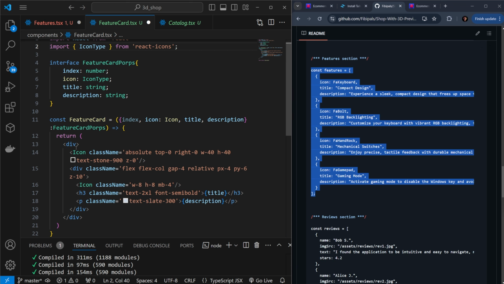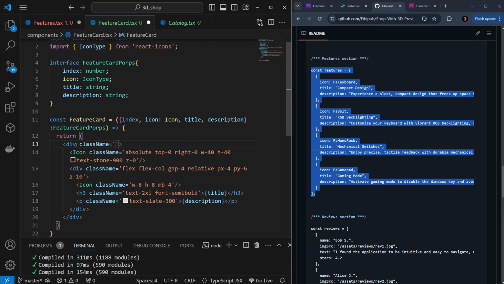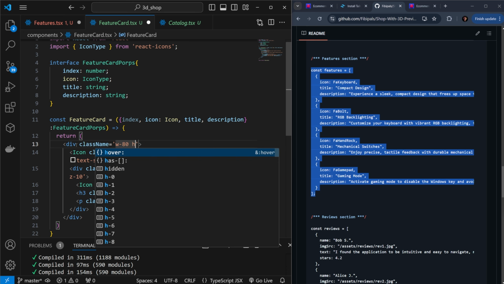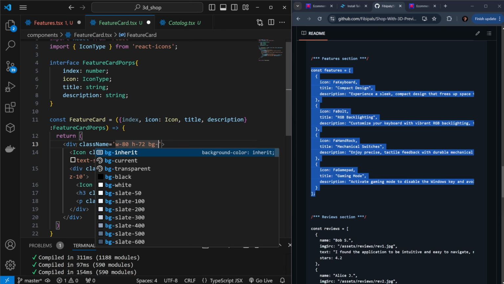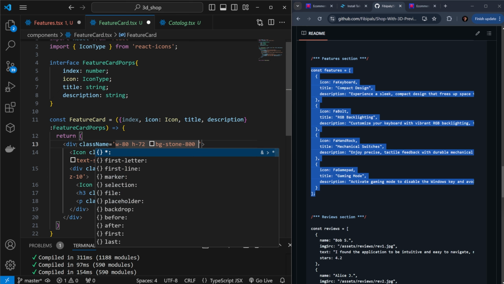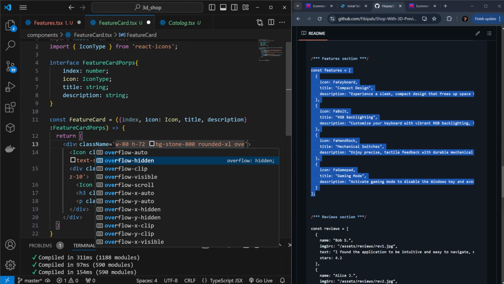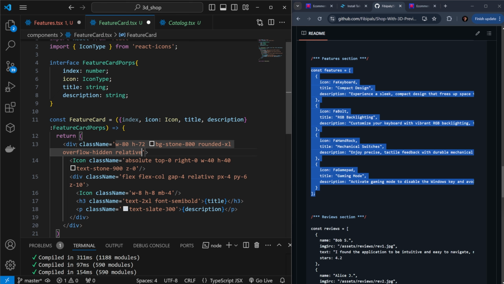And finally we can style this div over here, so add a class name equal to width 80, then height equal to 72, after this background equal to stone 800. After this we have rounded-xl, also overflow hidden, and finally position relative. So we can save it and